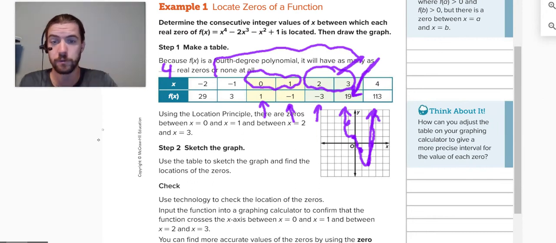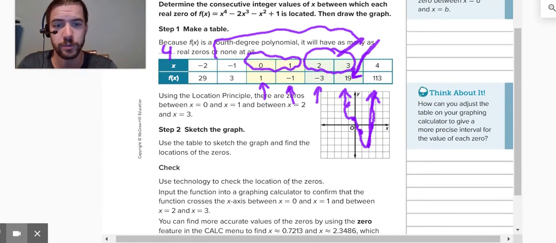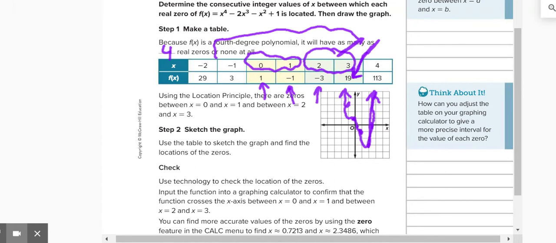Okay, and now we want to check. So use technology to check the location of the zeros. Input the function into a graphing calculator and confirm that the function crosses the x-axis between x is 0 and 1, and between x is 2 and 3. Okay, so I've already kind of got that ready on Desmos. So when we put this equation into Desmos,